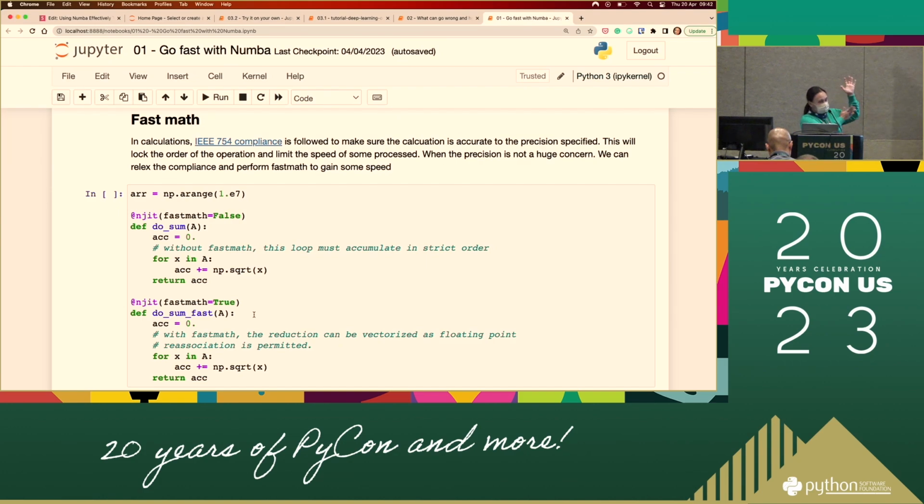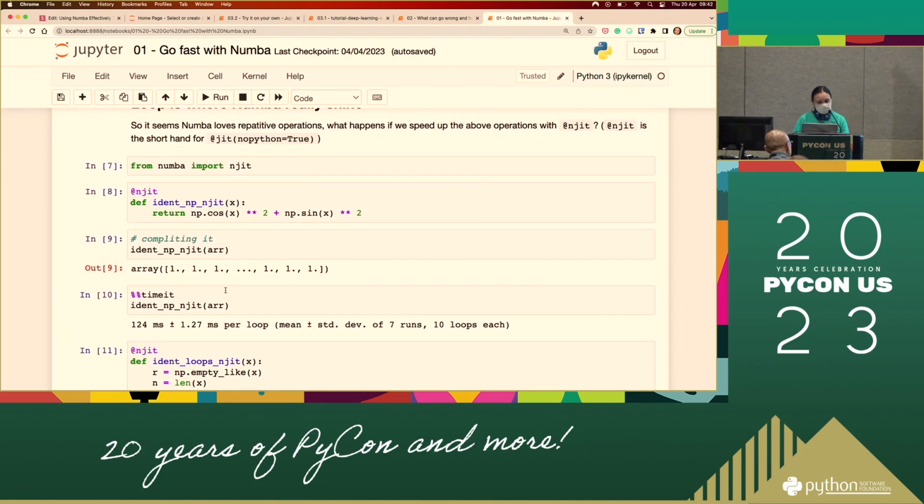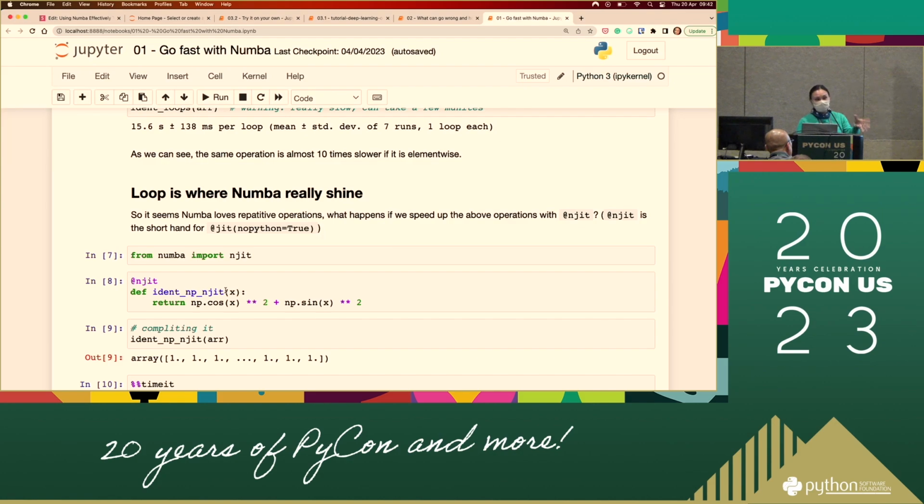So those 2 that I talked to you about are the main key takeaway. These are the small things that you can improve a little bit more. The main takeaway is it will help you when you write the loop yourself, but it won't help much if you don't write the loop. It will still help. If you compare these 2, it will have a slight improvement. It won't go slower, unless you have to compile it the first time, then it's slower.